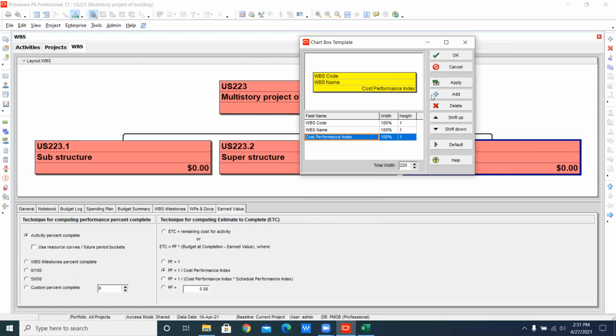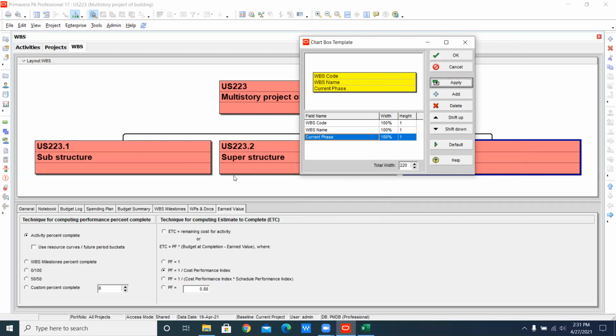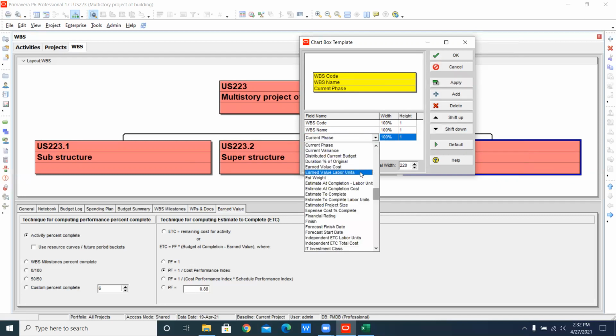So the CPI will also be 0 because I have not added any CPI. Other is SPI. It will show us whether we are on schedule or not. What is the current phase of the project? It is not shown here, but I have added the initiation. I think I have not added the code of the current phase.